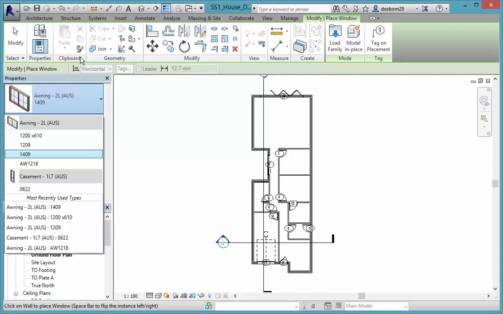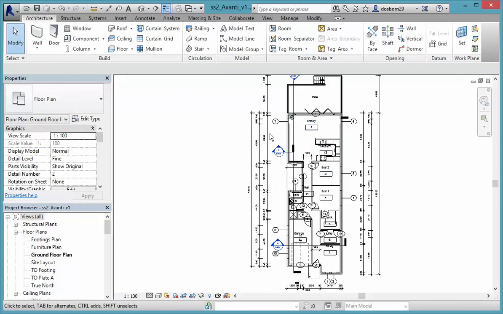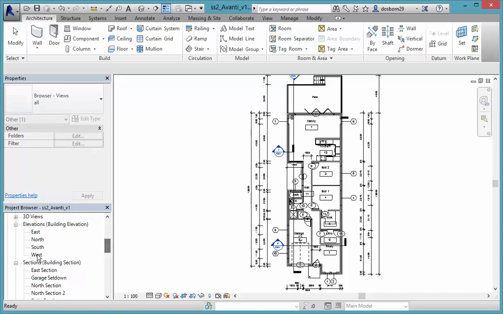You might want to put different windows in than are available in the Autodesk program or in the template that you start off with. So we're ready to put that in, and the thing that we need to look at is the sill height. What you'll need to do is go back and have a look at the finished drawing, and I'll just bring that up. You can see here that we have our measurements to where the windows are all going to be. These are the windows showing through in the wall here, and if we go into an elevation,